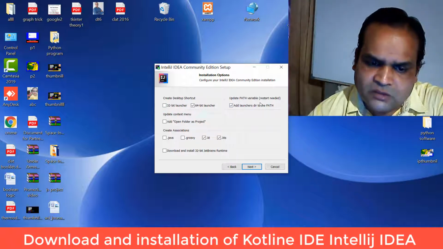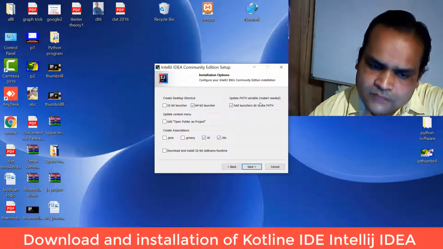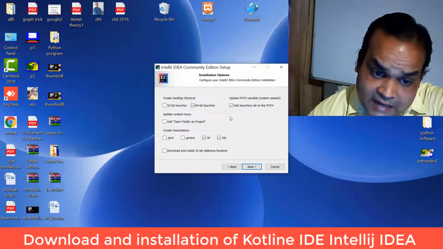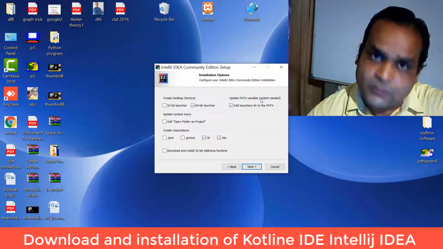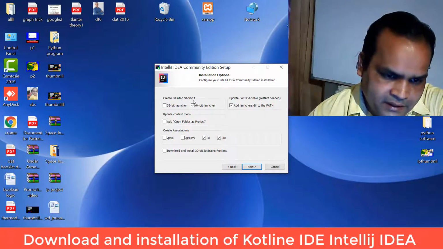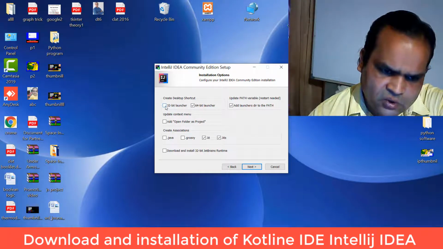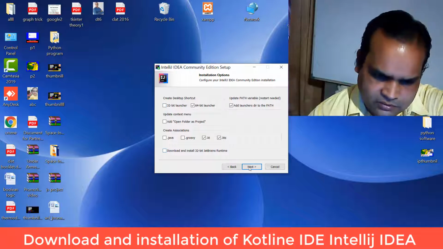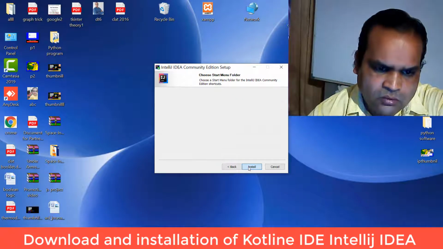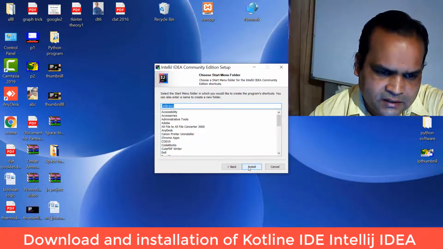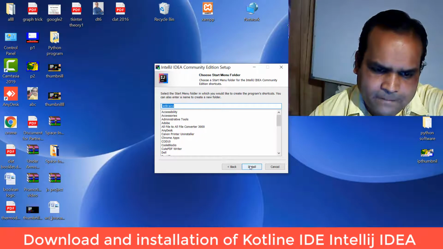This is the path variable, and if you select that, you have to restart your computer. Then create a desktop shortcut if you want. Then go Next, JetBrains, okay, and Install.